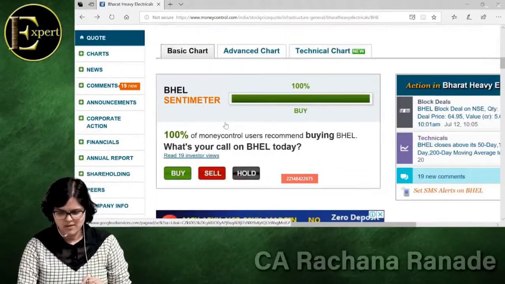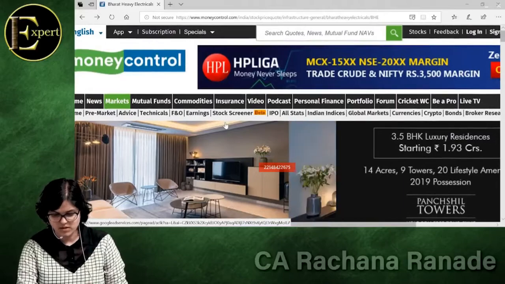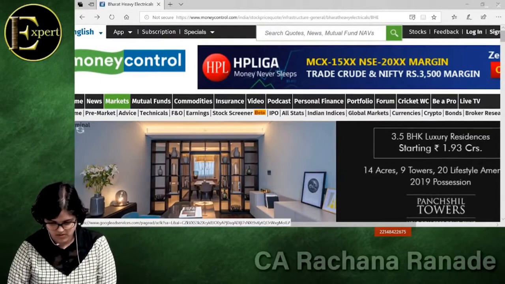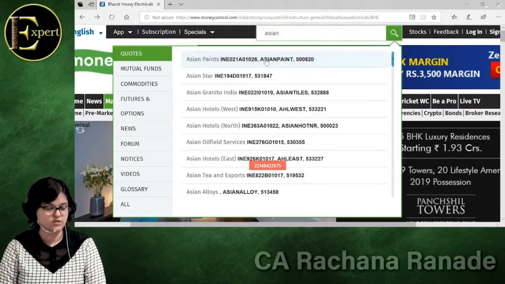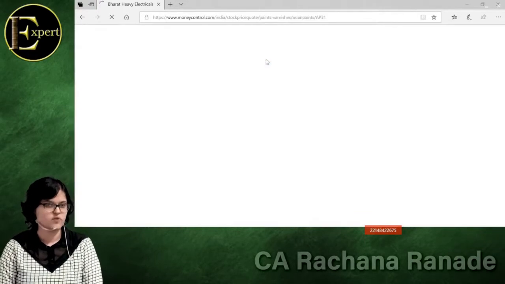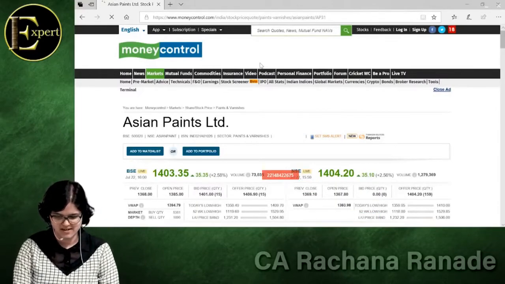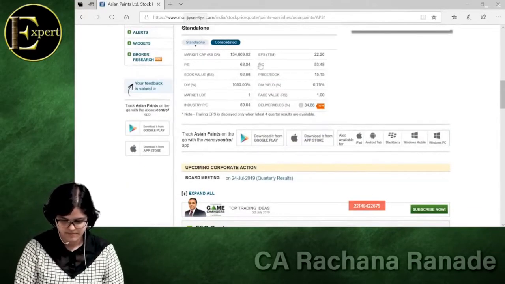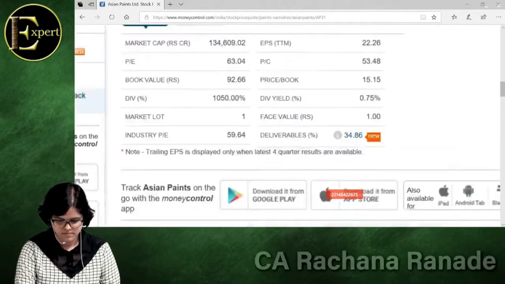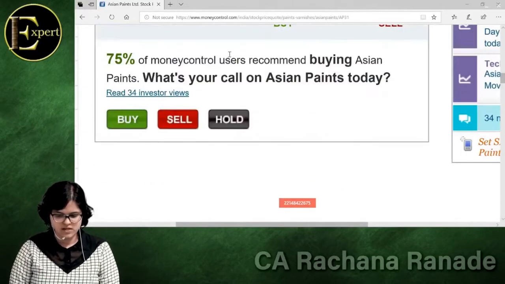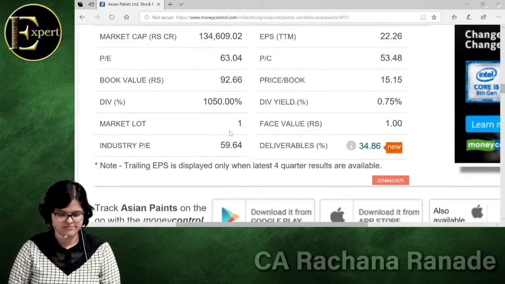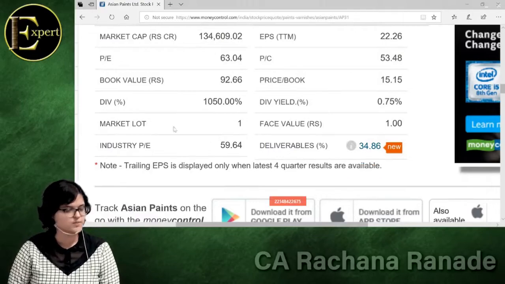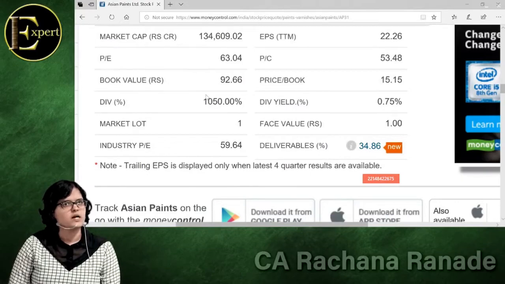Yes. I had just checked this almost a year ago. I'm not sure, let me just try to track this. This was really very expensive. Asian Paints. We have not discussed this company in the entire lecture series till date. 63 is the PE and the industry PE is 59. Still it is expensive as compared to the industry valuations. Okay, so have you understood what is